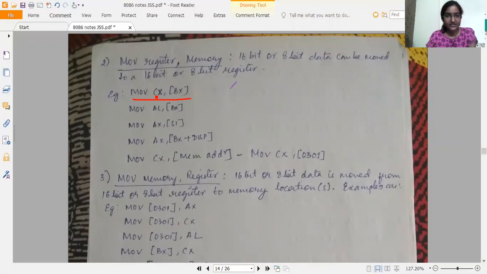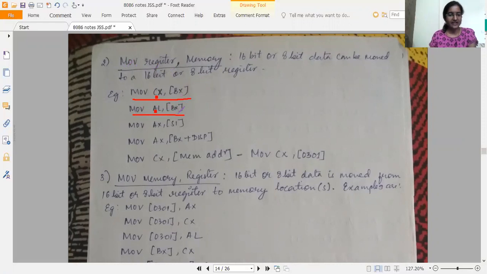The size of the data held by the memory location which is present in BX is 8-bit, so that will be transferred to CL. And what will CH be loaded with? The data from the next memory location. All right. Next, MOV AL, [BX]. Now what does that mean? The destination size is 8-bit, right? So the content of BX is again the offset address. So the data present in that particular address will be moved to the AL register.